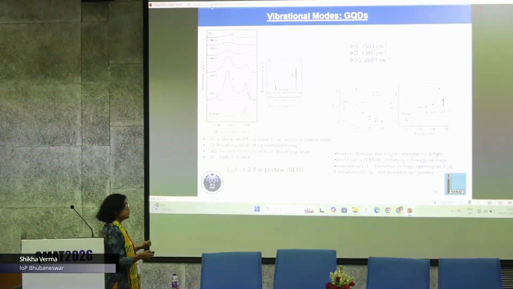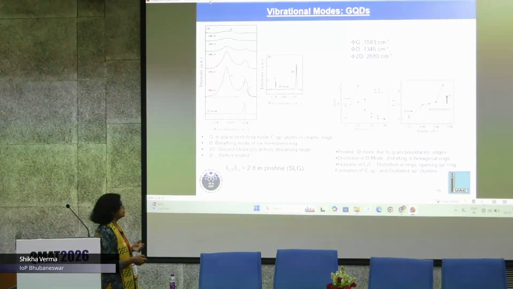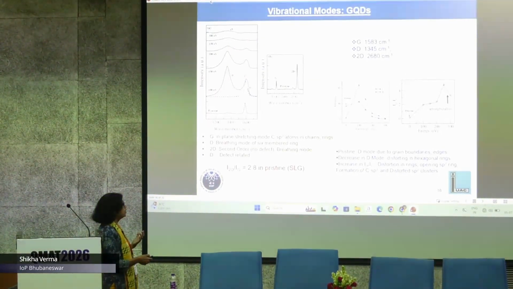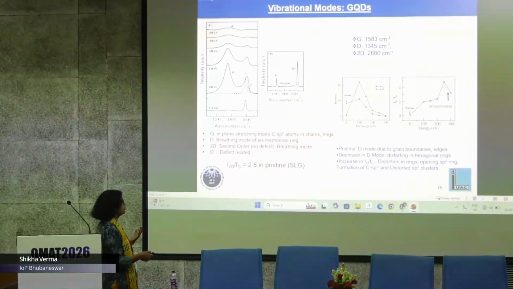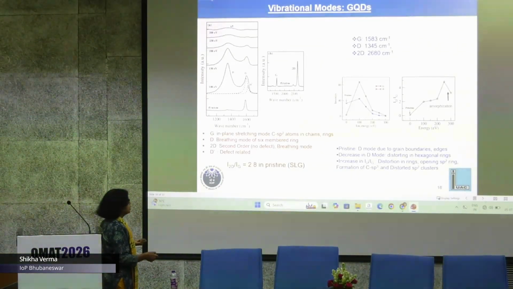ID by IG has been used to calculate the quantum dot size, and in this range around 300 eV energy. This is as a function of irradiation energy. So at 300 eV, amorphization is taking place. So this increase in ID by IG suggests that there is a distortion in the rings, opening up of sp2 rings, and we know that there is a formation of sp3s happening, and distorted sp2 clusters